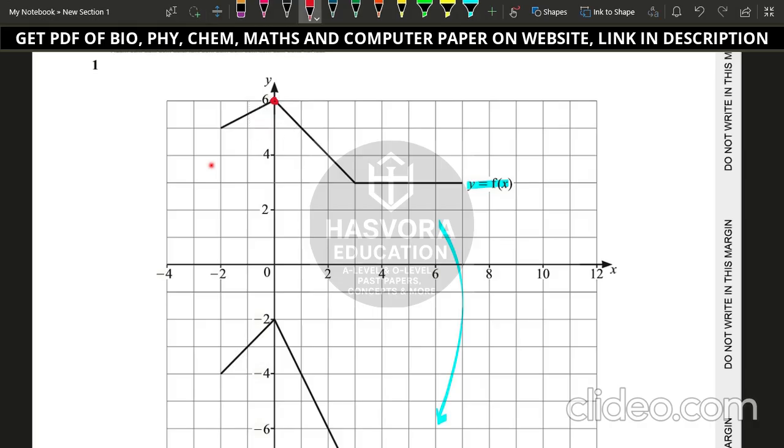So first of all you have to look at the space that is being used by each of the lines. This line is using 1 unit vertically, and this one is using 3 units vertically,